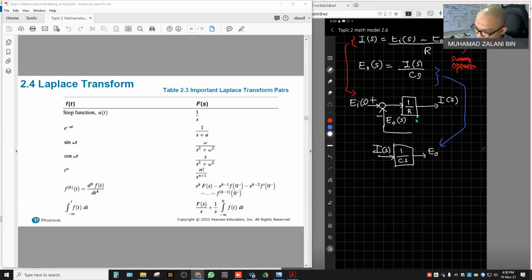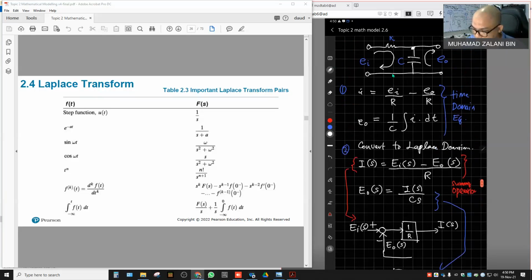So this output, this is the transfer function, right? Transfer function that relates the output divided by input. So E_o divided by I(s) equals 1 over CS. So 1 over CS is E_o divided by I(s) based on this equation. Okay, so now what we do is we assemble these two together,